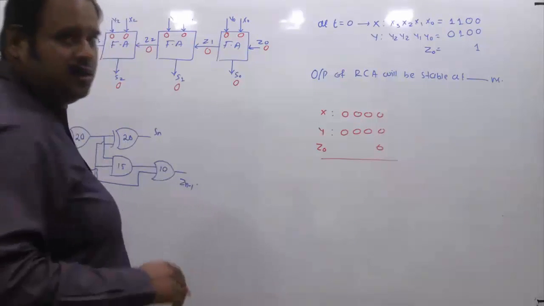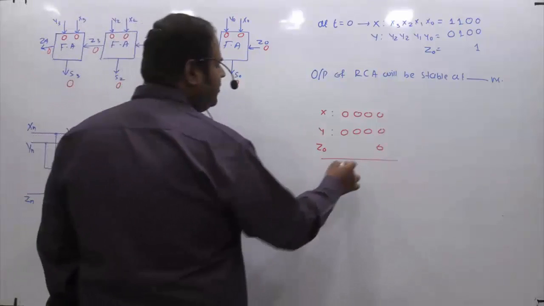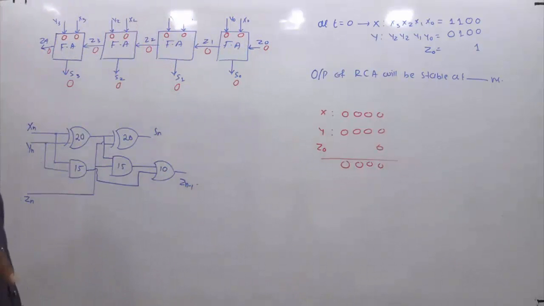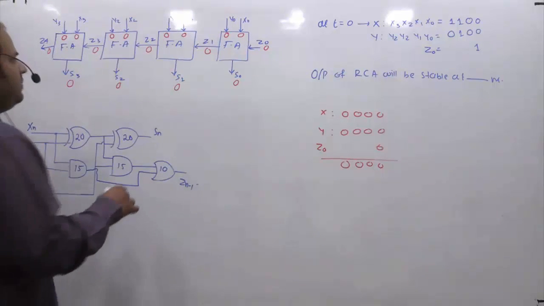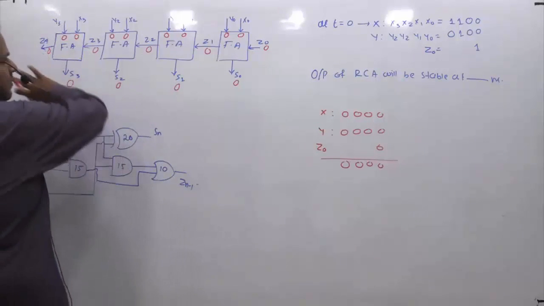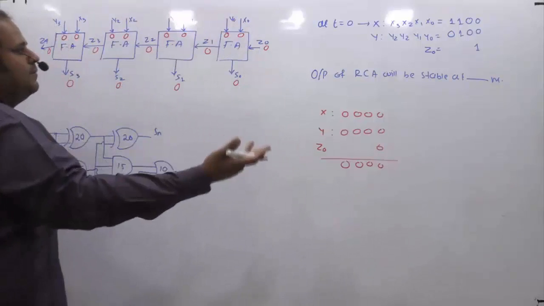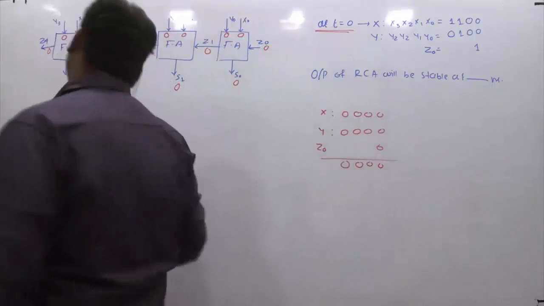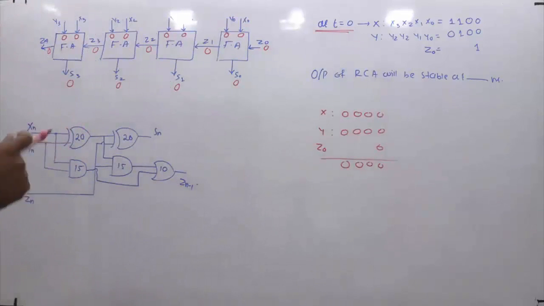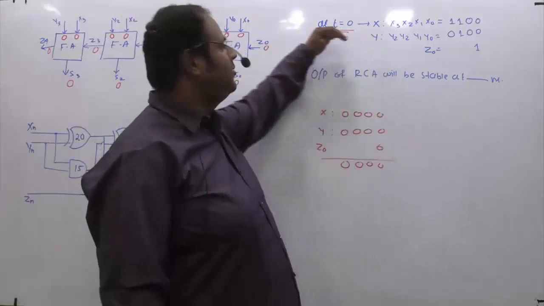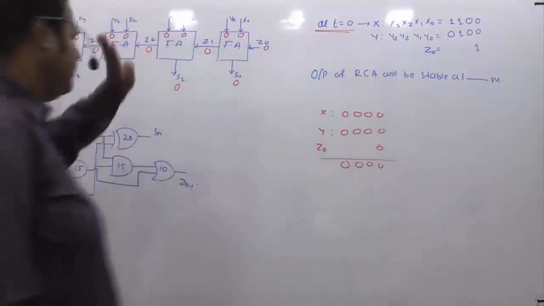If every input is 0, and you are adding 0 with 0, what do you get? You get zeros. So if somebody is saying that initially all the inputs are reset, that means initially all the inputs are 0, and it means that the corresponding outputs are also initially reset. So before applying the next new set of input which we are applying at t equal to 0 as per the question, this is the initial condition of the circuit. Because all the initial conditions are 0, every output of the system is by default 0 before applying the new set of input at t equal to 0. So this is the situation before t equal to 0.